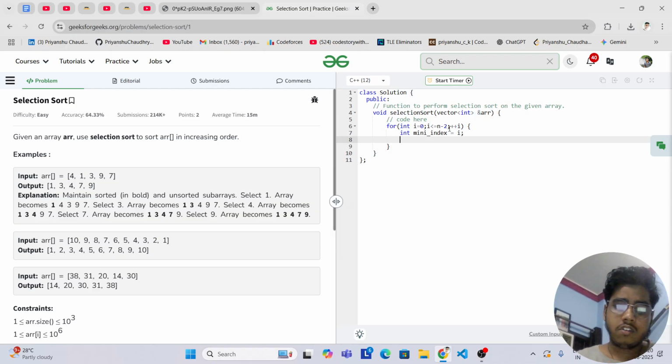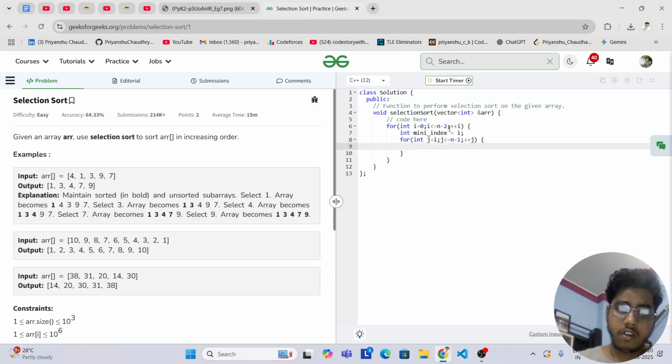Now, starting from the current index, we have to go to the last one, that is n minus 1, and sorry, it's j, I have to correct it.